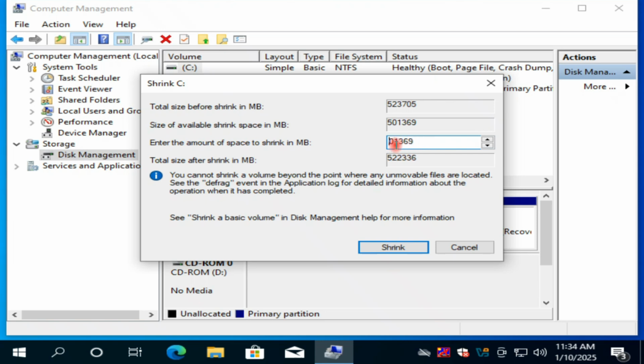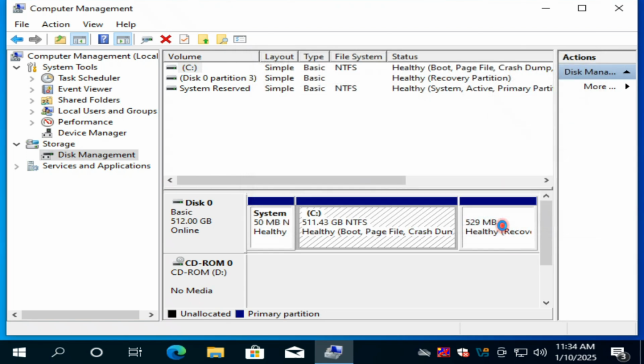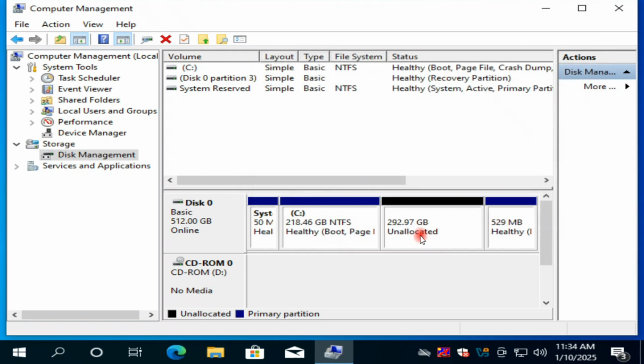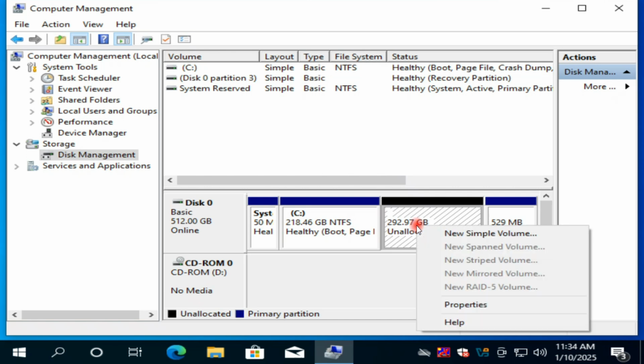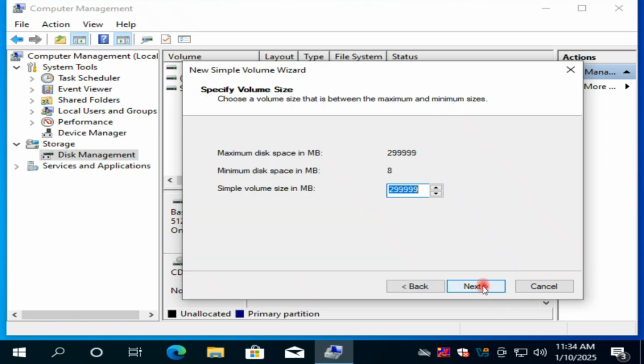So we set here 300 GB and click Shrink. So here is 500 GB and we get here 300 GB. Right click this unallocated drive and click New Simple Volume. Click next, set your partition size here,